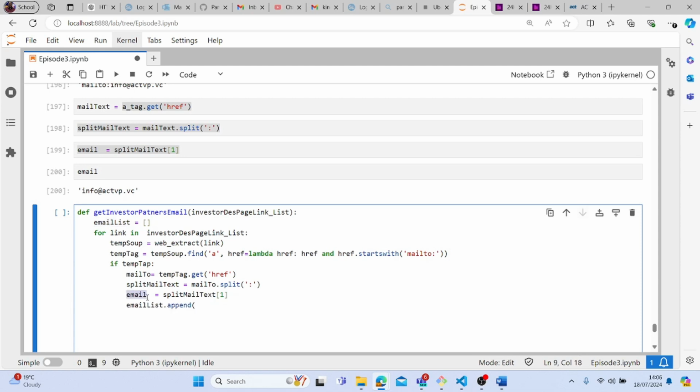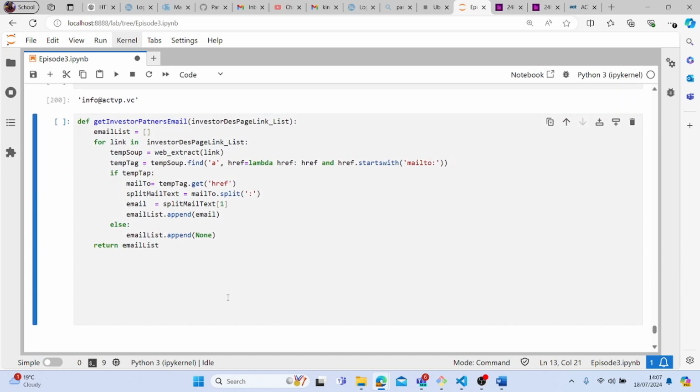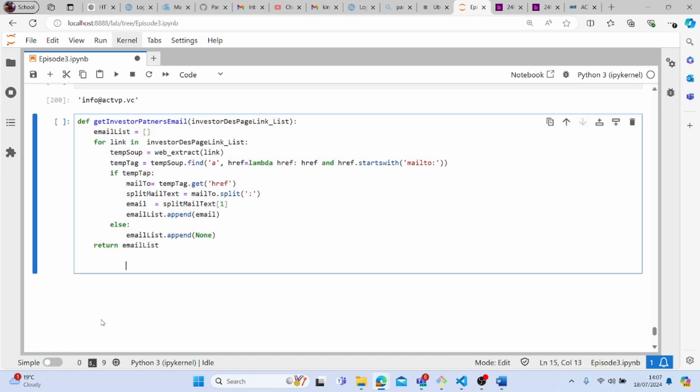Append email, and bravo. We will now say else, which means that if we didn't get this tag, the email might not be on that page, or the structure is different from what we have done. So this will append None to the email, so we'll be able to know which one doesn't have an email. This looks good. Then we will finally return the email list, and bravo, that's pretty much the automation of extracting the email from those links to the page